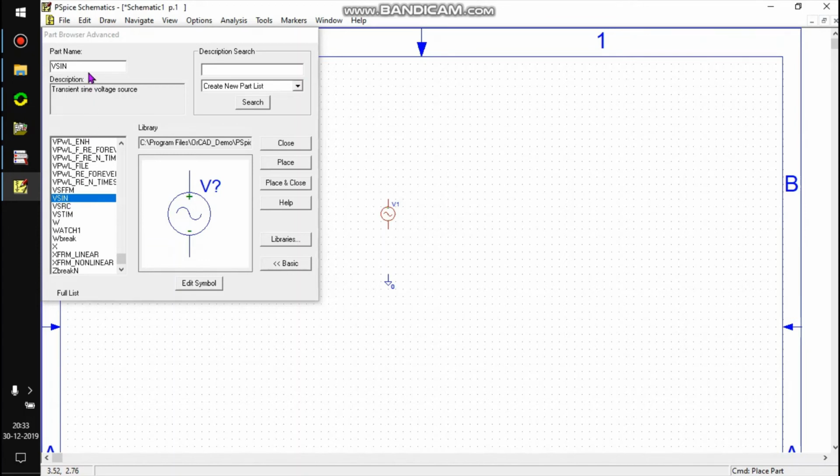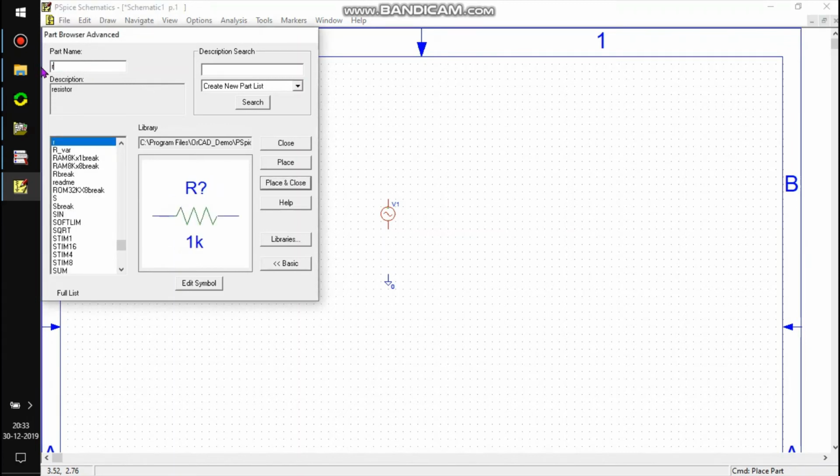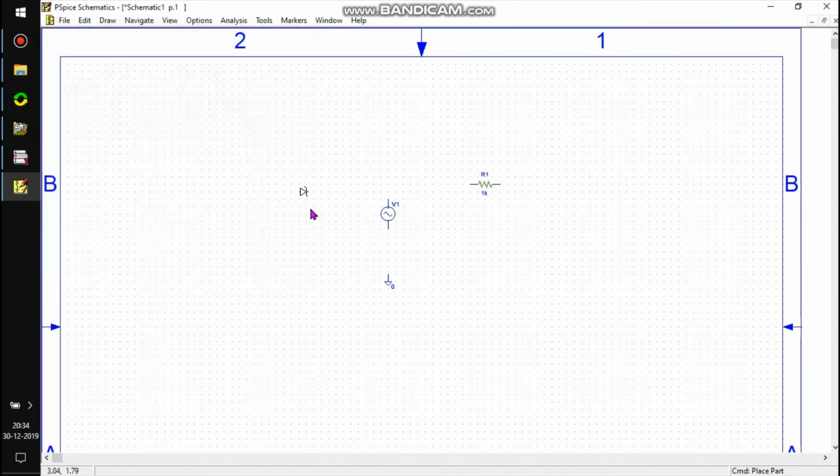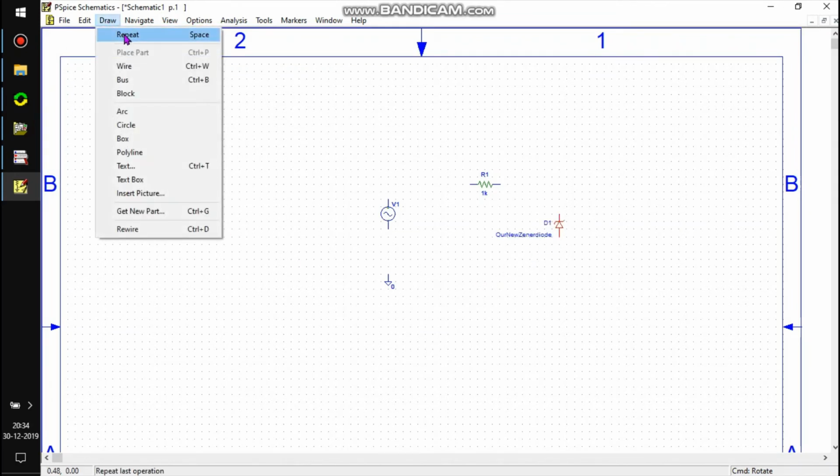We need a resistor, and our new Zener diode. Let's connect those things.